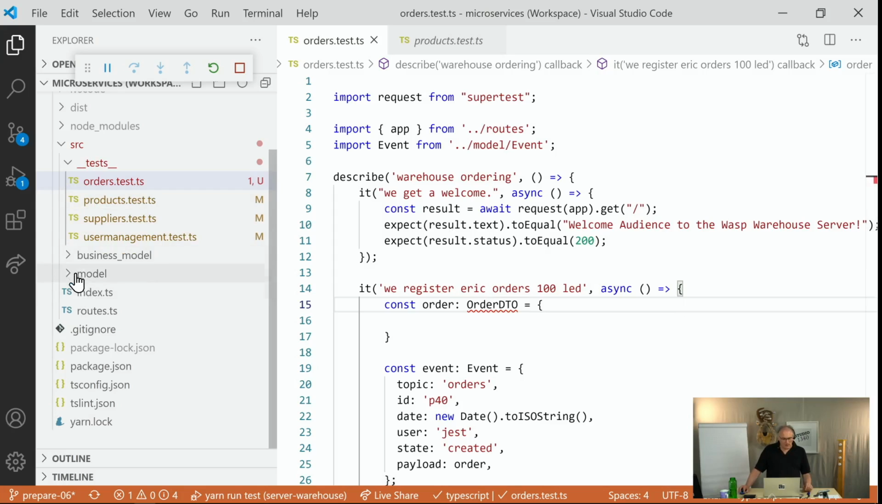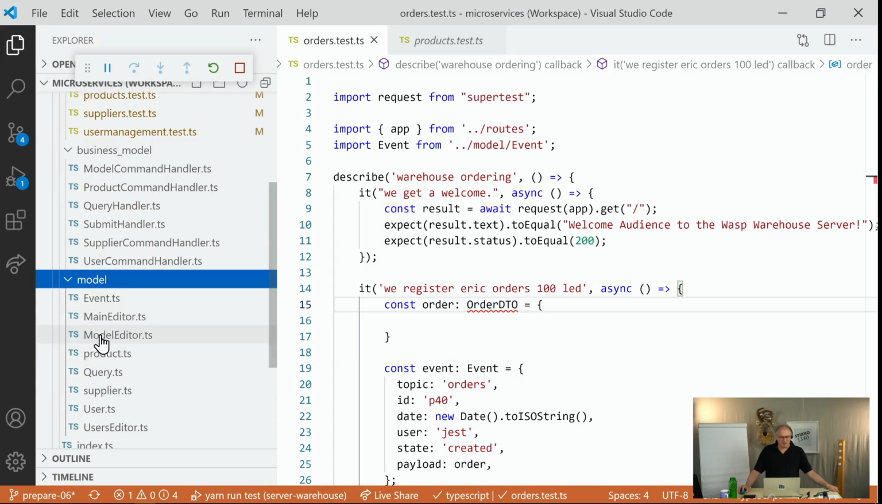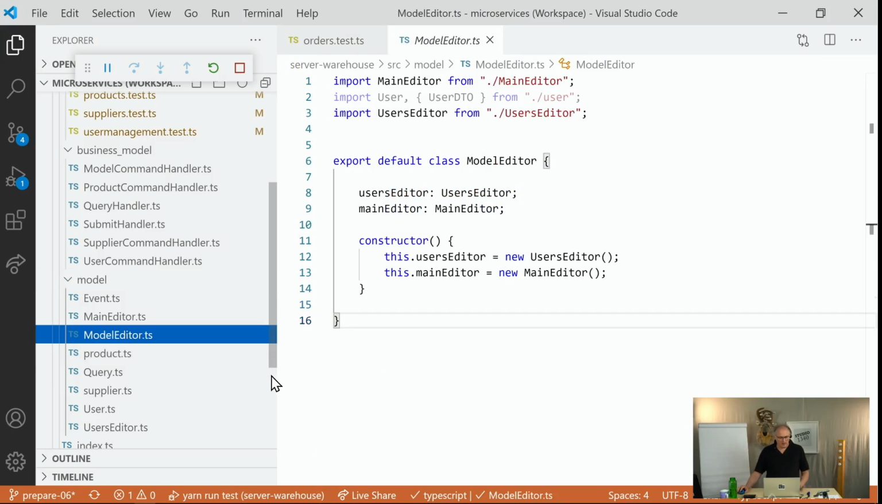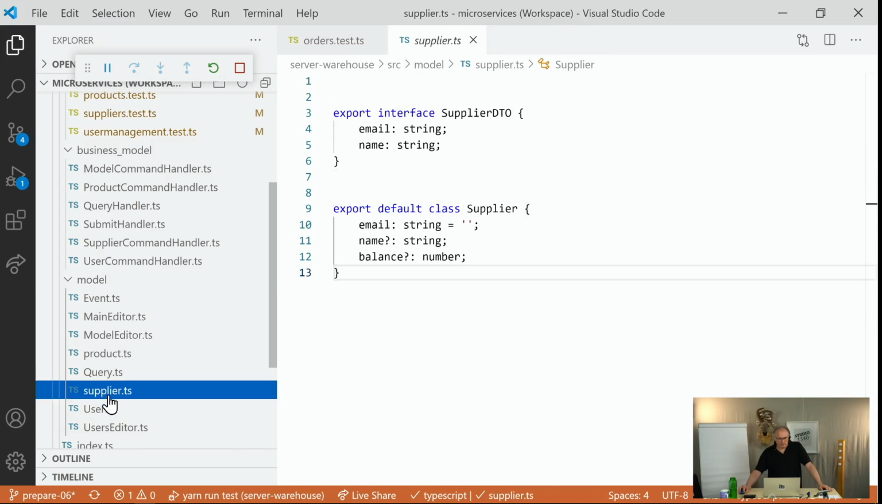Let's go for... I slightly have reorganized my files. I have a business model now and the data model or plain model here. The business model has all these command handlers, submit handlers, and query handlers. And the model has the editors. So all the changing of data model are going through a so-called editor. And the root of this is the model editor. And here we do also have the product type and the user type and the supplier type and these kinds